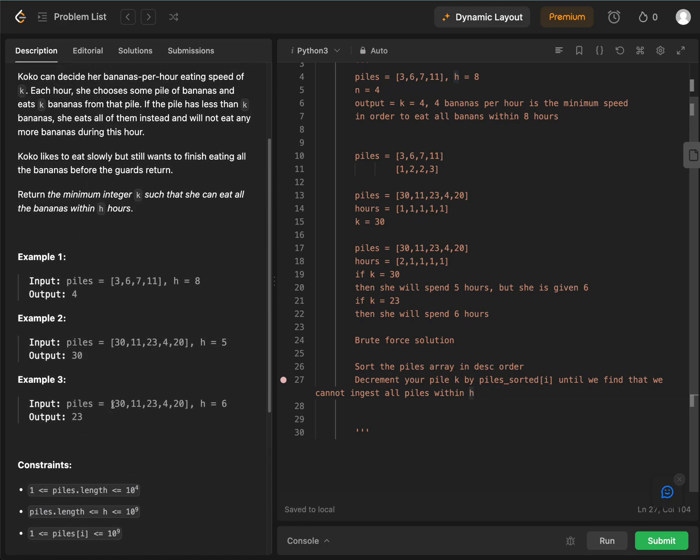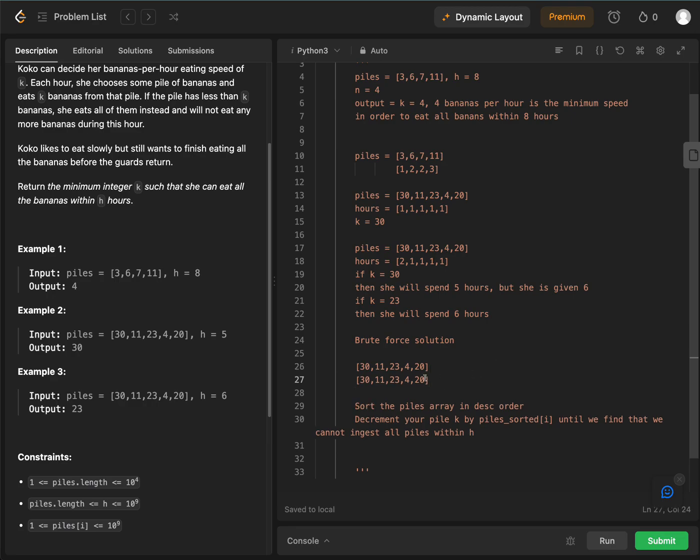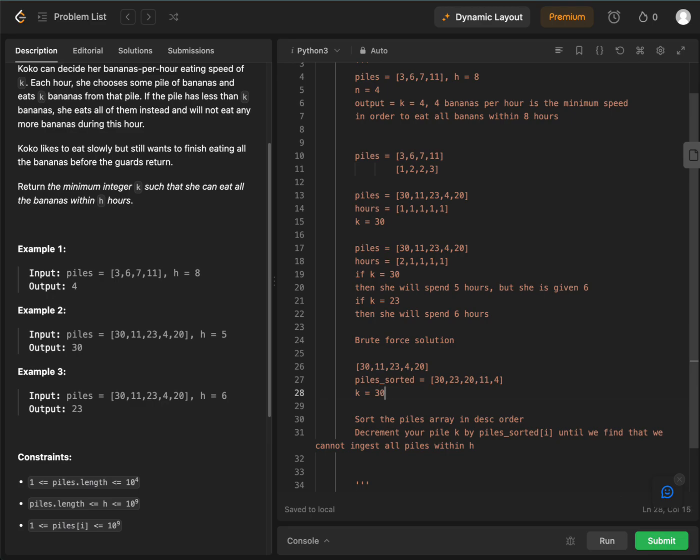So for example, in this case, we will start with 30, then we will start with 23, and then we start with 20. So here we have 20, right? Let's try this. Then we have 23, 20, 11, and 4, right? 1 2 3 4 5. You sort it. Then you start with k equals to 30. You do this, boom boom boom boom boom, and then you realize that, hey,